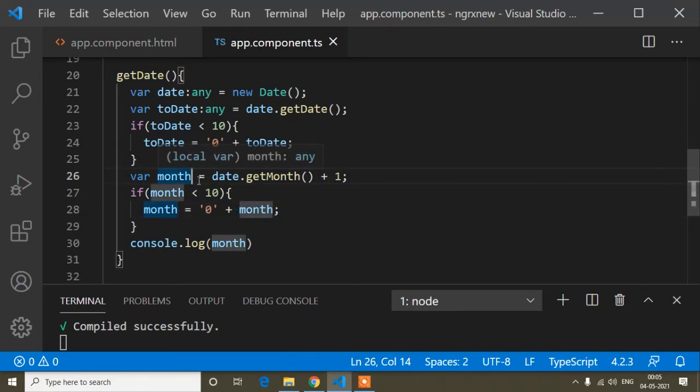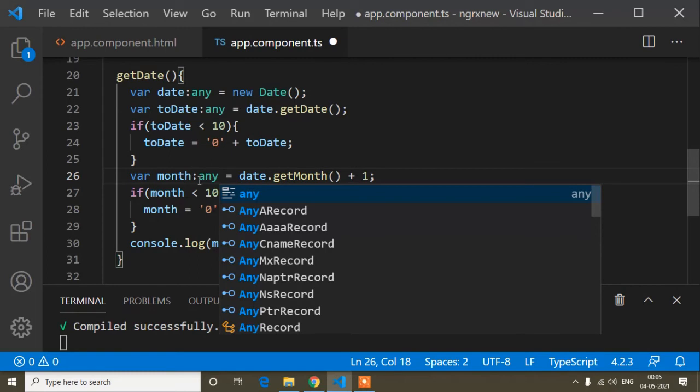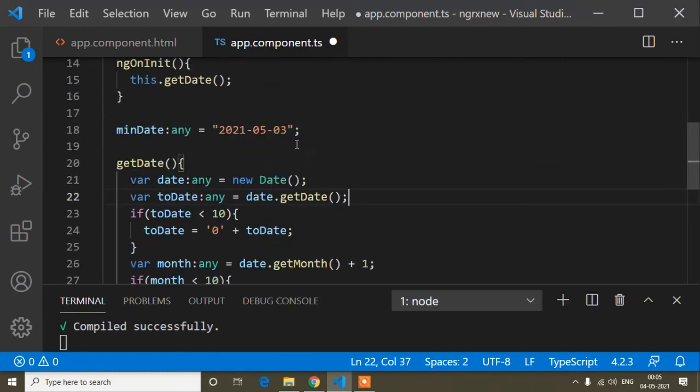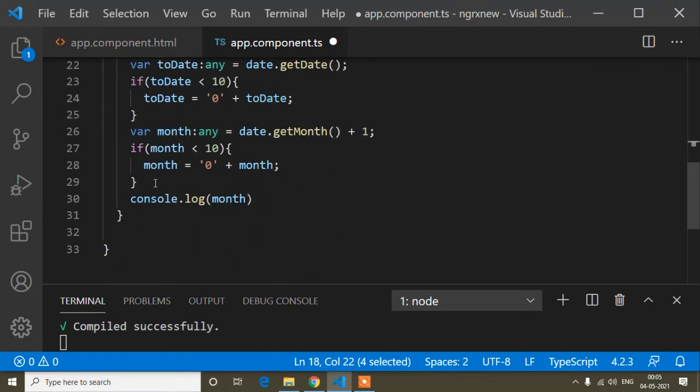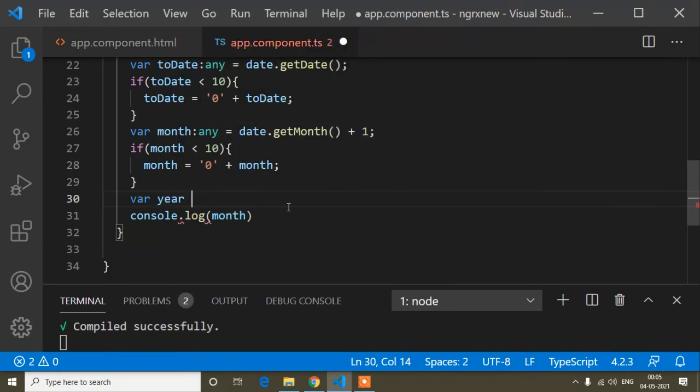And this month type here I will write any again. Okay, and now I'm getting this month, and now I need the year. So for that again I will write a variable year equals to date dot getFullYear.